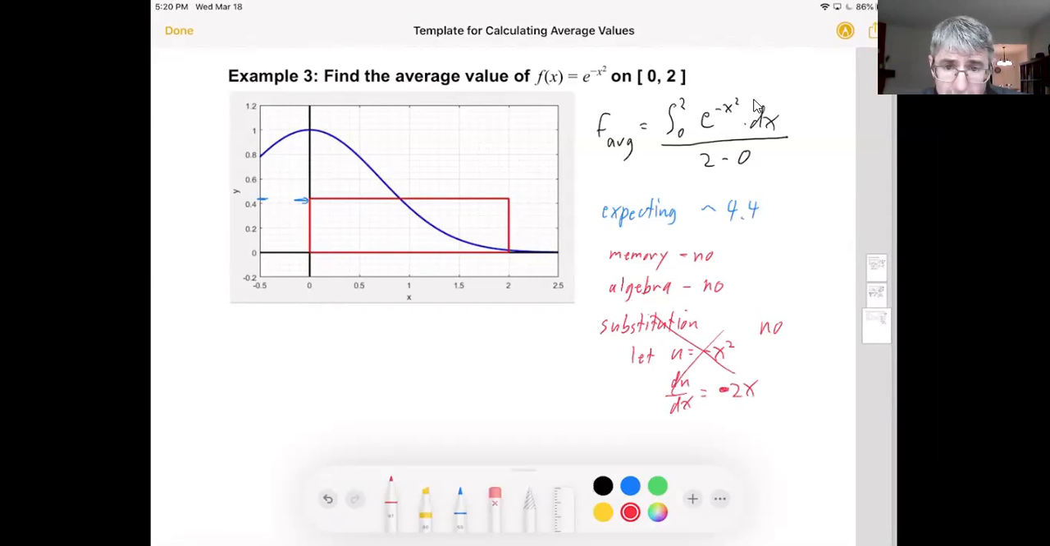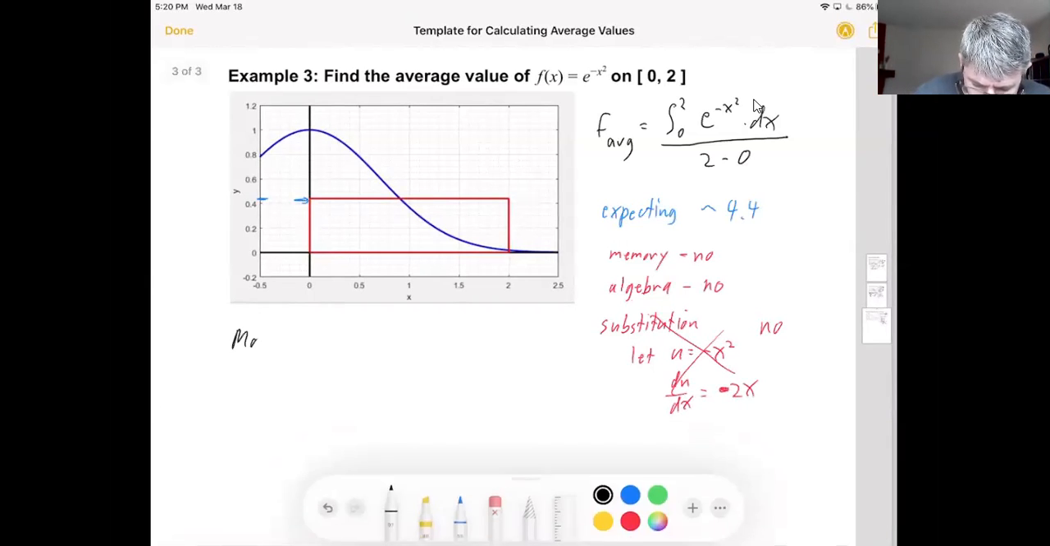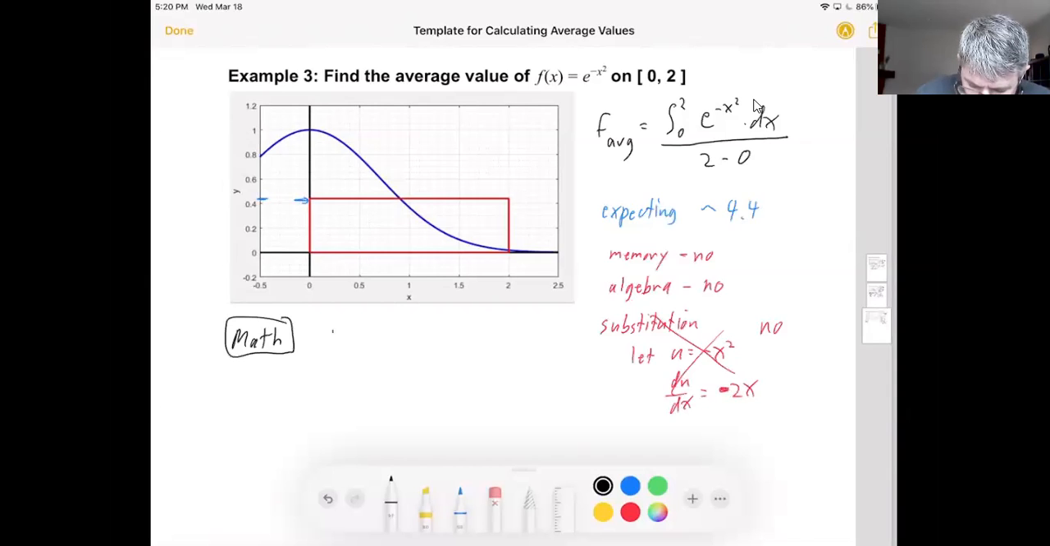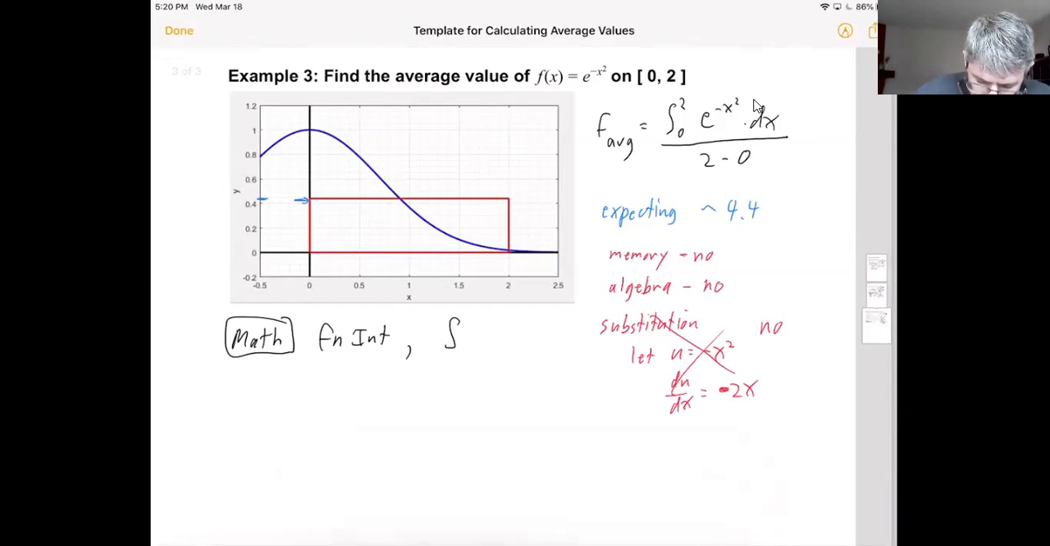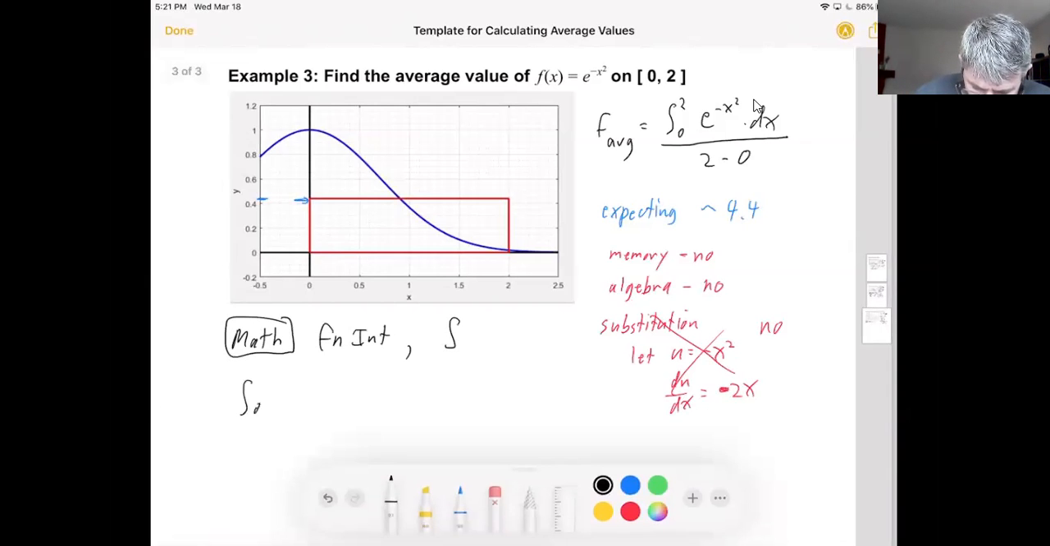Turns out the integral of e to the negative x squared is something that we simply cannot get an exact value for. So the best that we can do is actually just get out our calculator and use the integral function and look under math and go all the way down to fn int, or on some calculators it will actually have an integral sign. So look that up, and after you do that, just put in the integral from 0 to 2 of e to the negative x squared